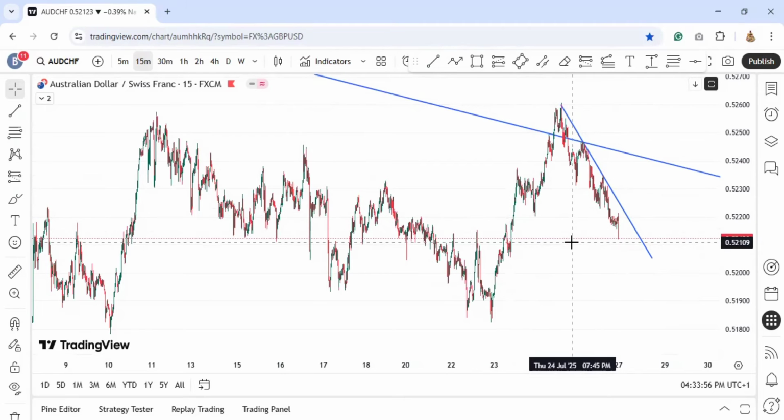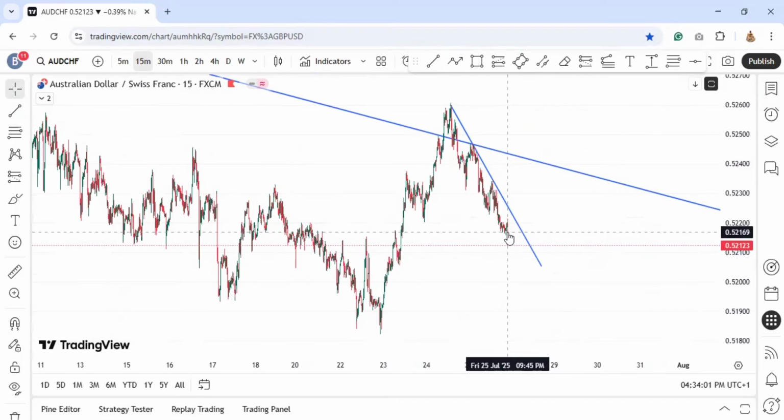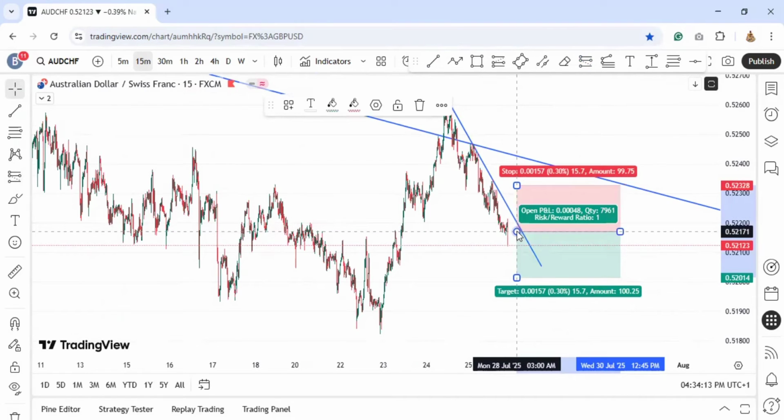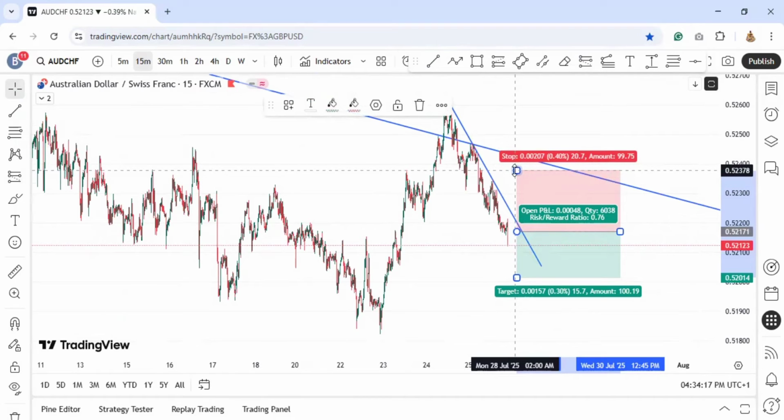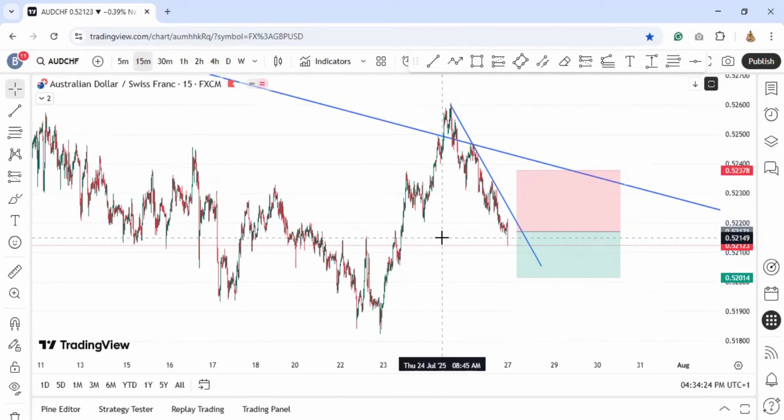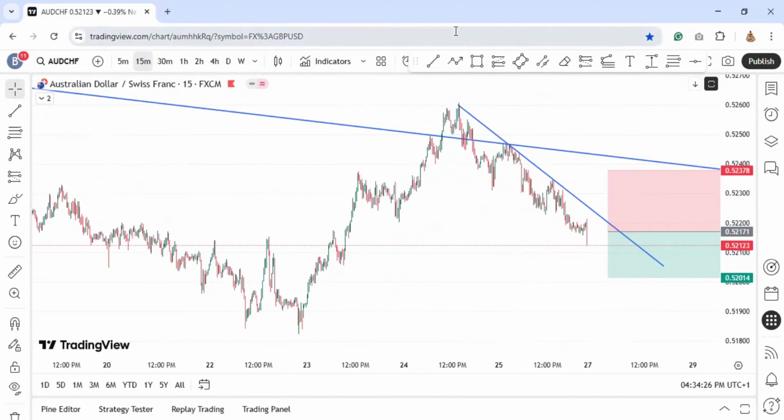We have an entry when this market opens and the spread collapses, 11 p.m. UTC plus 1. I am going to take a sell for this. So you will short the market. Once the spread collapses, just look for an entry and you will enter and set as your stop loss just 20 pips above, because we don't expect price, even if it was coming based on the market structure,